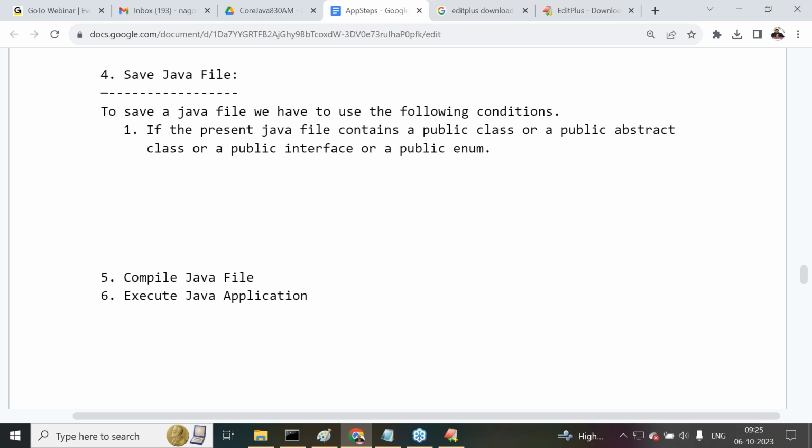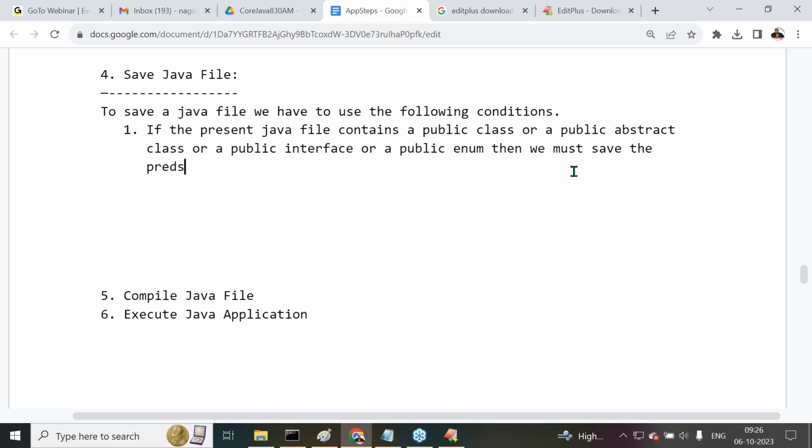But these are the programming elements. I think you have a minimum awareness of class. Similar to class, the remaining three are available: class, abstract class, interface, and enum. These are the topmost elements in Java programming. I'm not talking about variables and all the other content, only these topmost elements. What's the point I said? If the present Java file contains a public class, or a public abstract class, or a public interface, or a public enum, then we must save the present Java file